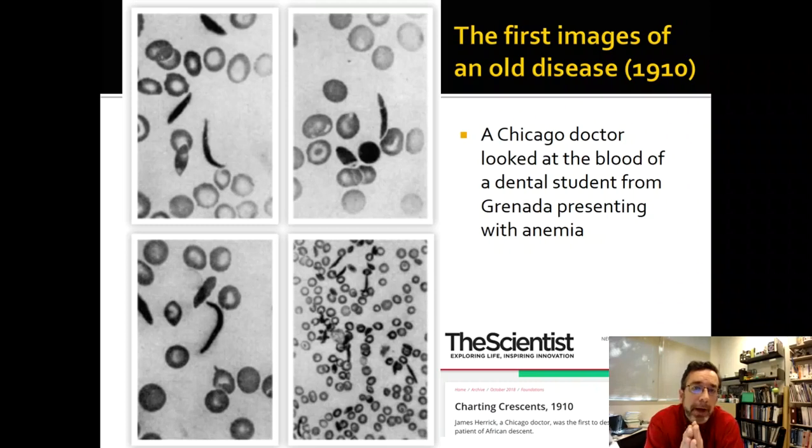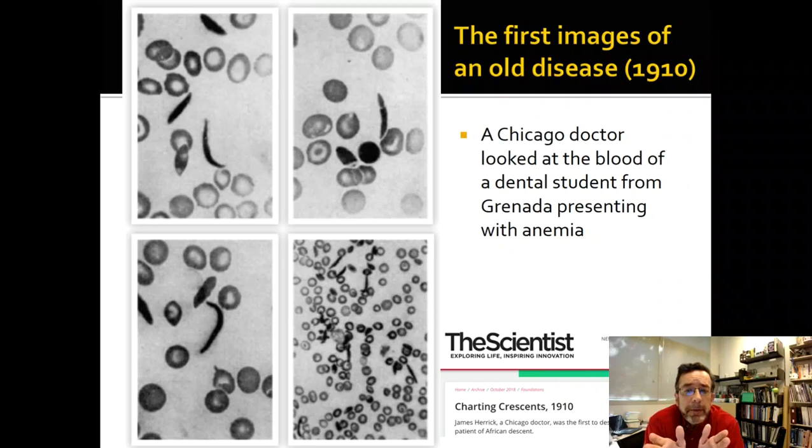Fetal hemoglobin also has to do with the treatment for another hemoglobin-related disease. This one is a genetic disease that happens from mutations in hemoglobin that, under certain conditions, cause the red blood cells to be in a really bad shape. To be in bad shape, and that's literal, okay? So this is the first time that we saw what might be going on with this. For a long time, there's been this sort of anemia that is associated with people of African descent. Why would this particular disease be in these genes? It turns out there's a reason.